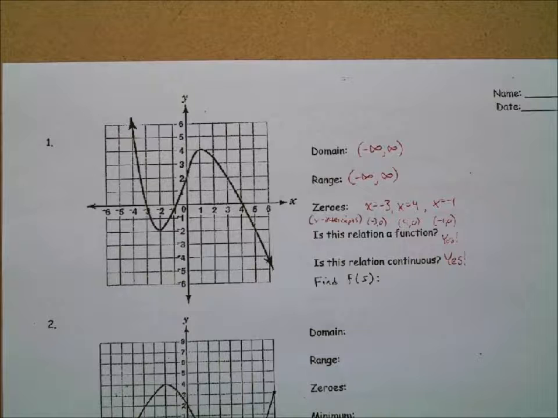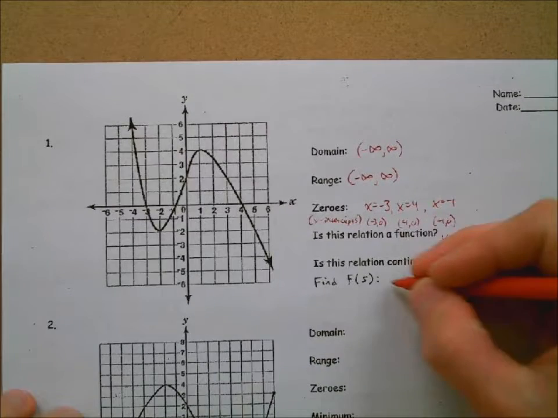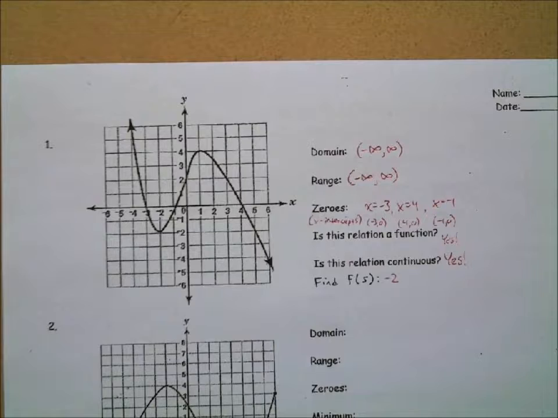What's the y value that matches with that? Yes, 5. And then here's where we have x equals 5 on our graph, and that's a y value of -2. Exactly right. That's all you got to do, just match the point. Dylan, question? After you answer this next question for me. Okay, we're going to try number 2 now.